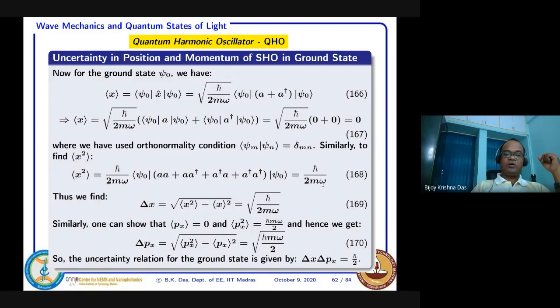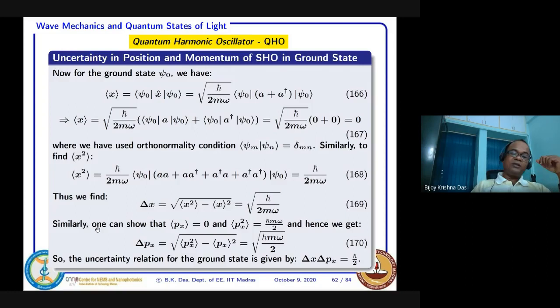So thus we find delta x by definition. This one is the expectation value of x, and this one is x squared. So delta x is the square root of this, and this is the uncertainty. Delta x comes out as the square root of h cut by 2 m omega. So you can imagine the uncertainty value depending on the mass. If the mass is very large, this uncertainty is close to 0. Only if m omega is of the order of h cut will delta x be appreciable. That's the quantum mechanical spread in position you are getting.